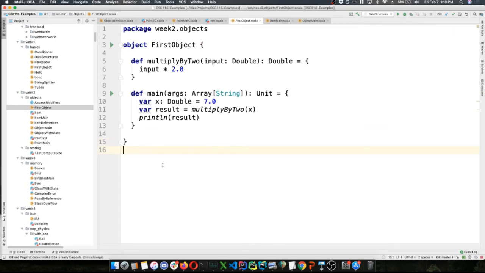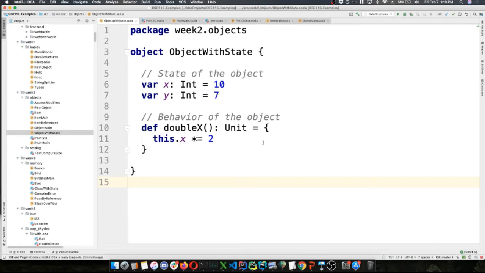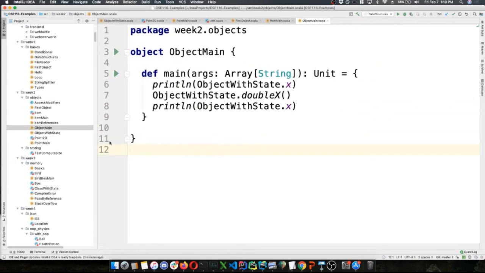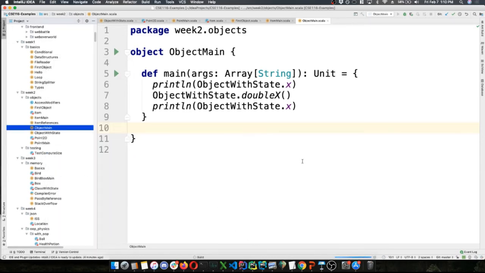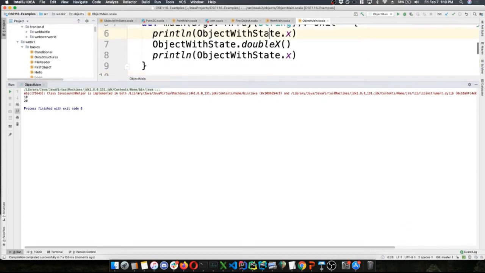So if we have this object with state, we could try to run this object, but nothing happens. It doesn't have a main method, so we can't run it. But we can either write a main method in this, or what I did here, write a main method in another class. And here's part of that code that we had in the slides. I'm going to write a main method that's going to access that object defined in another file. I'm going to access its state, object with state.x,